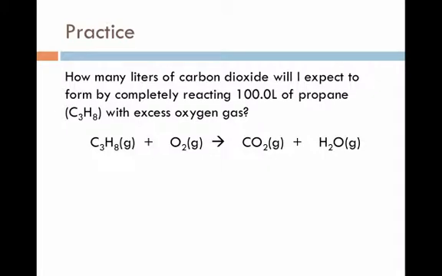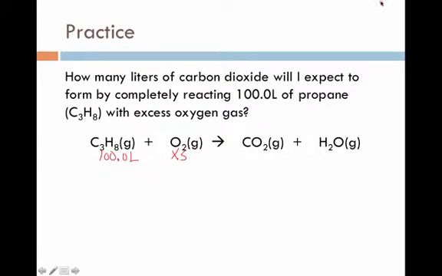Here's another example of a problem we can take a look at. In this scenario, we have: how many liters of carbon dioxide will I expect to form by completely reacting 100.0 liters of propane with excess oxygen gas? And again, we see the reaction below. In this reaction, we're told that we have 100 liters of the propane, and then we have excess of the